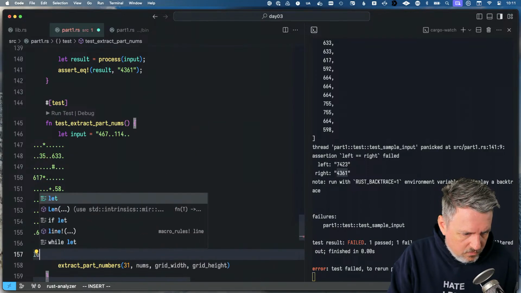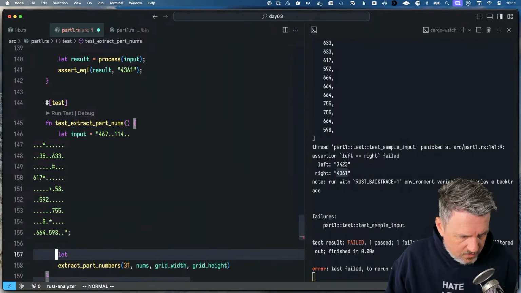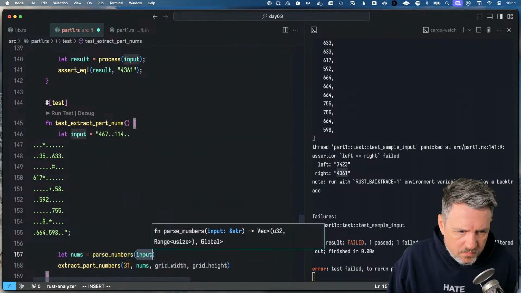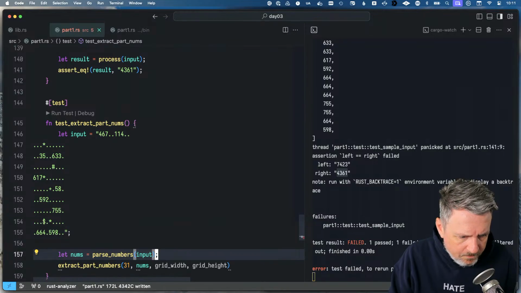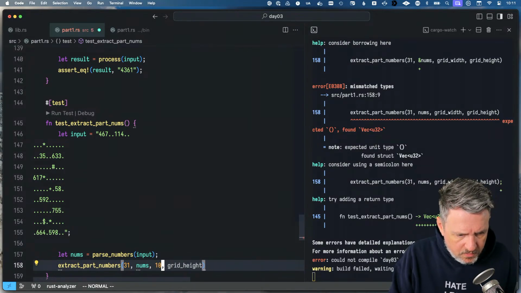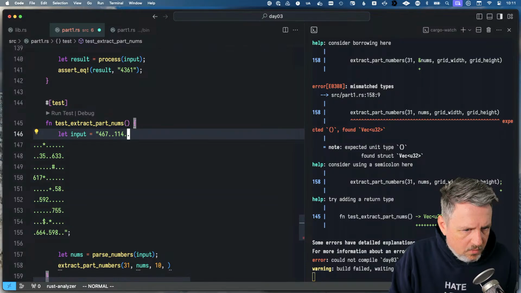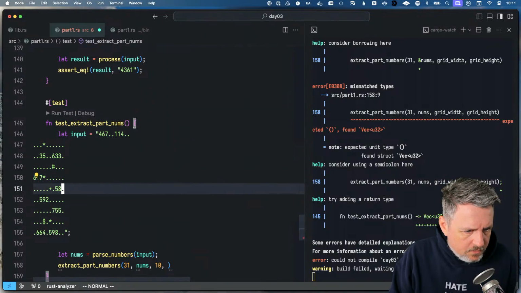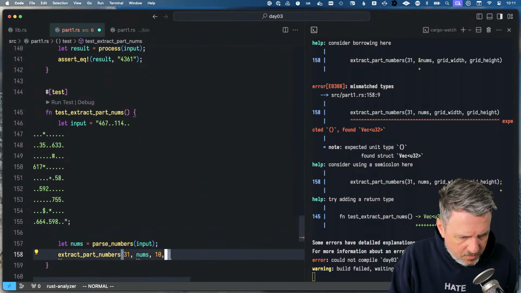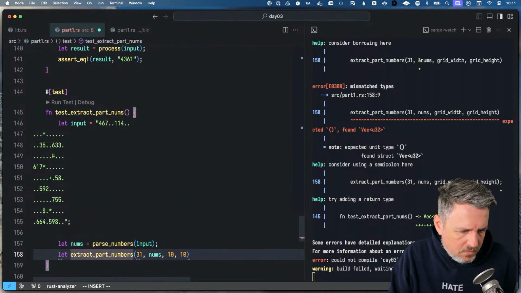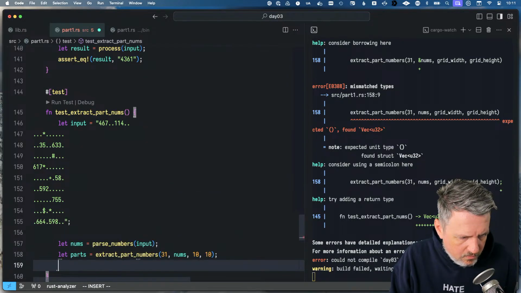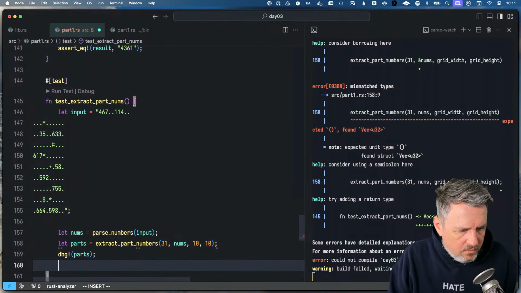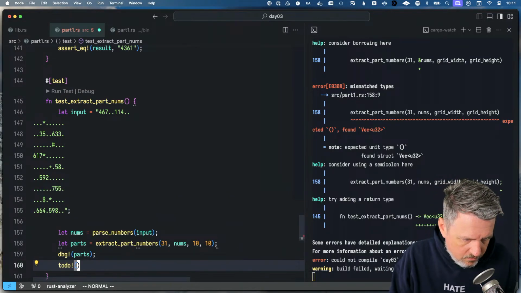Okay, so we need to have our nums extracted. So let's do nums equals parse numbers on the input. Grid width is going to be 10. Grid height is going to be 1, 2, 3, 4, 5, 6, 7, 8, 9, 10. So it's 10 by 10 in the sample. Okay. Let parts be that, and then let's just debug parts and